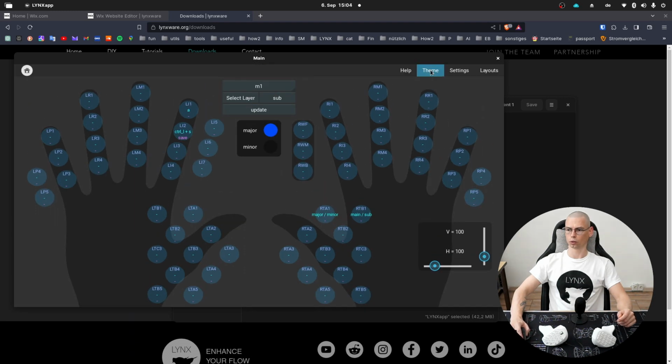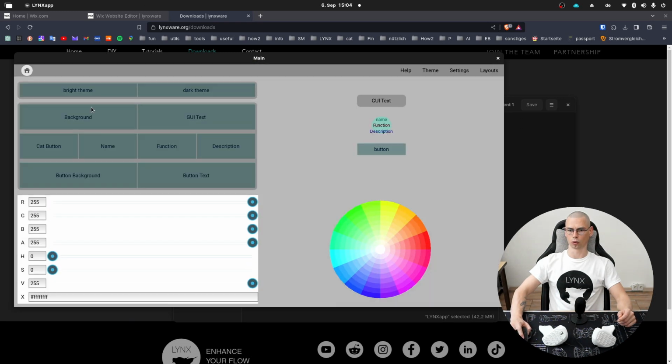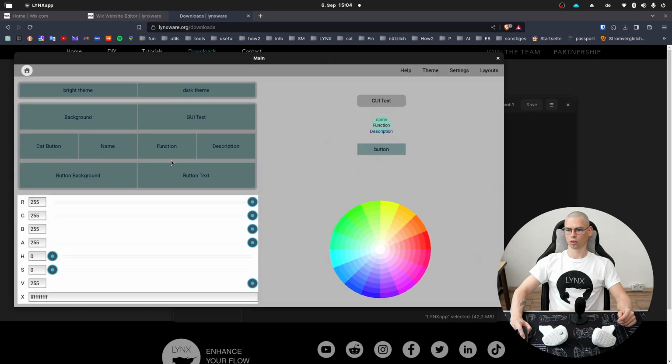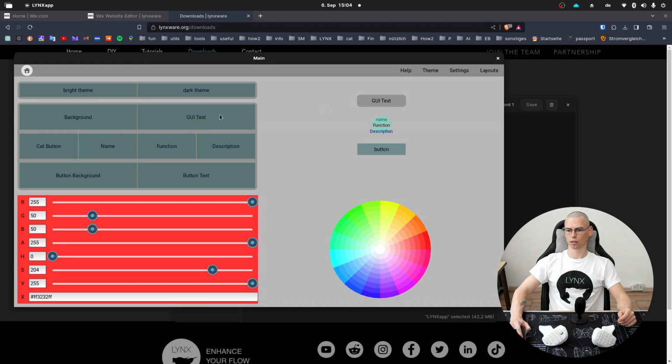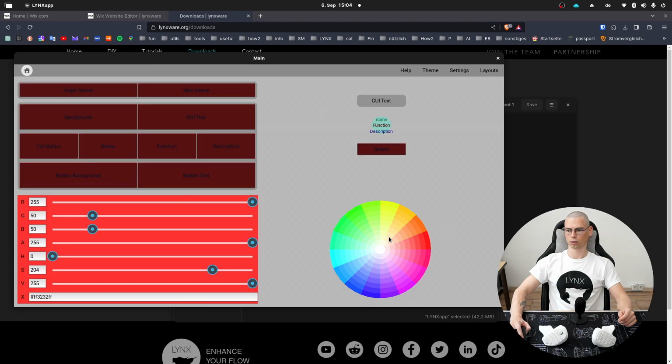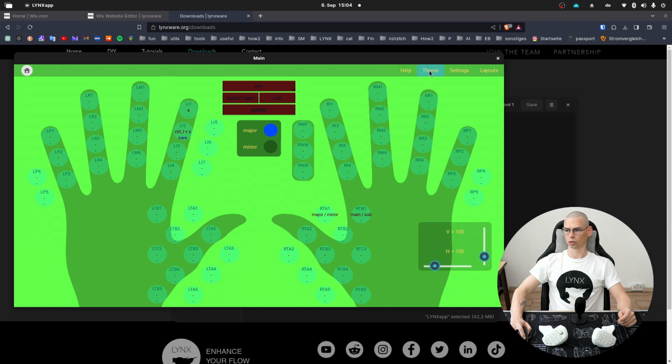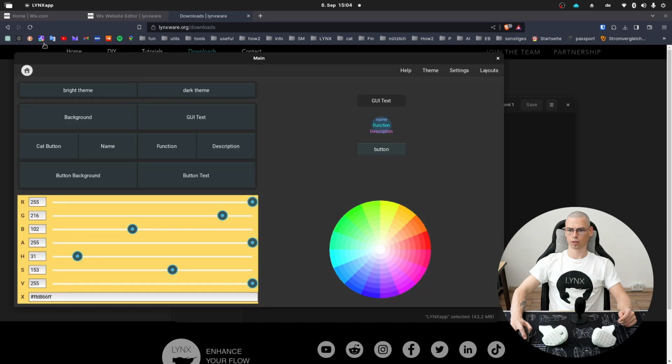Also, it's possible to change the theme, to go to bright, or make something like custom, like red background, and whatever you want. So let's go back to theme, dark,